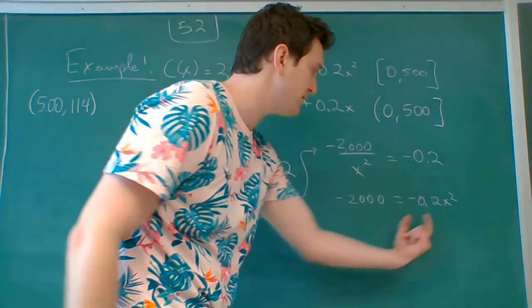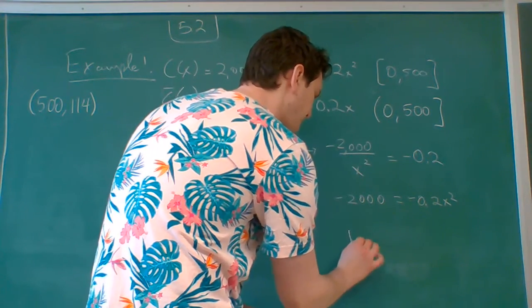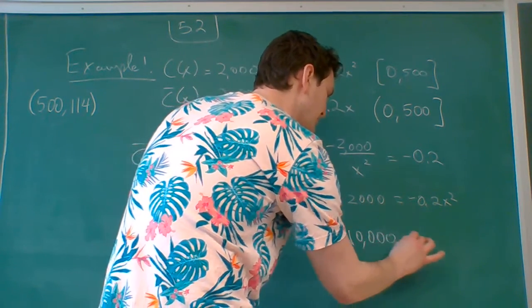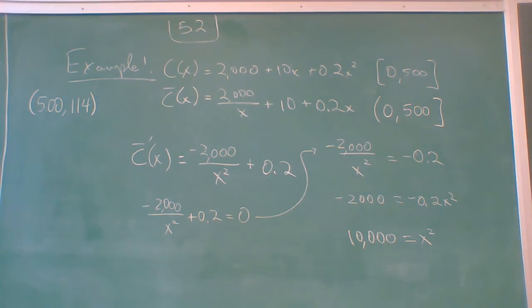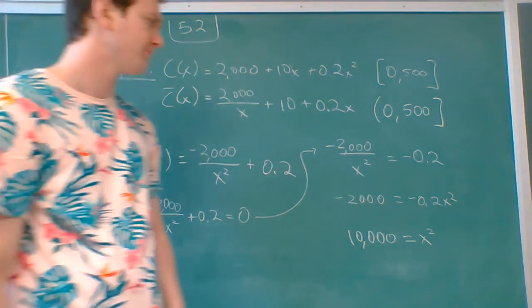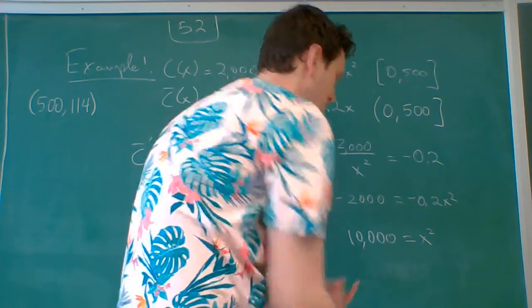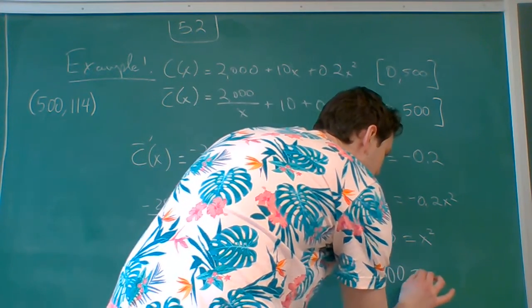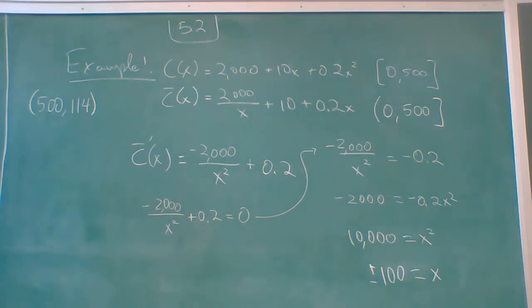And then I'm going to divide by this coefficient. Dividing by negative 0.2 gives me 10,000 is equal to x squared. So all of these quick calculations I'm doing, like dividing by the decimal, just do in your calculator if you're not sure. Now square root both sides. We should get x. Now the algebra will tell us that x is plus or minus 100, but we know